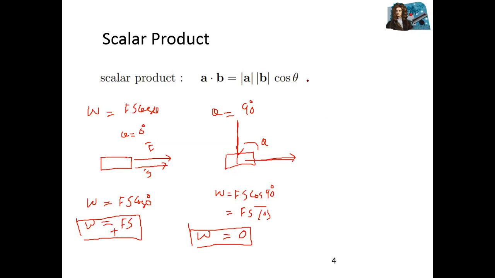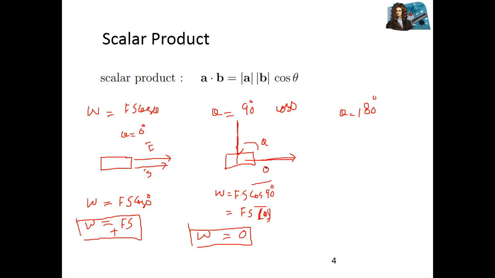Okay. Third condition. Professor, a question before we go on. Yes. What happened to cosine 90 degrees? The F s, I cannot read that part. The last part, this one is actually 0. Yes, this part is 0. Oh, okay. Cosine 90 is equal to 0. So the total work function is 0.